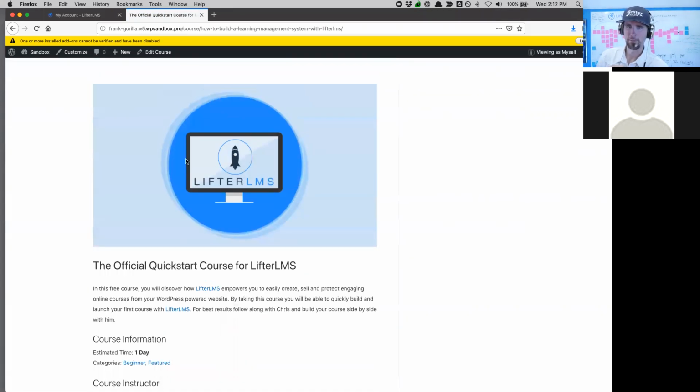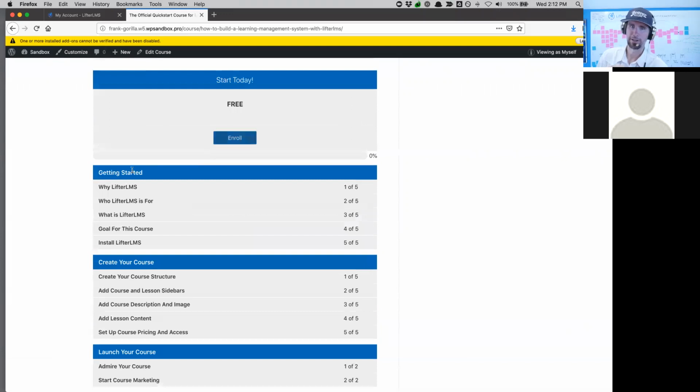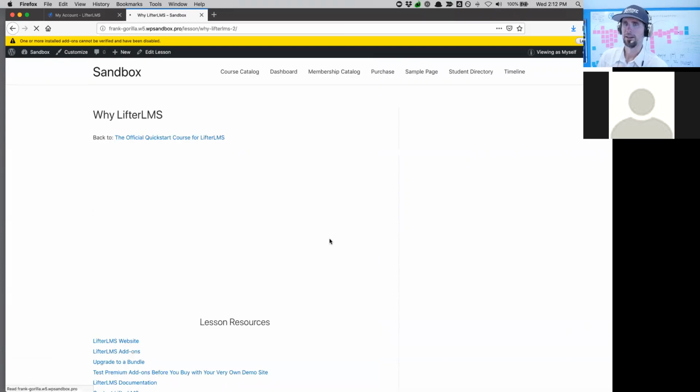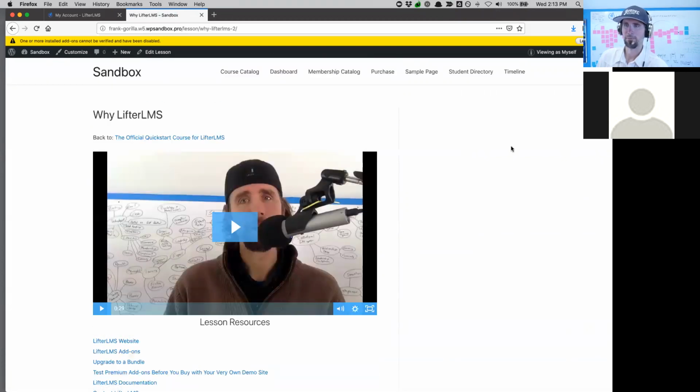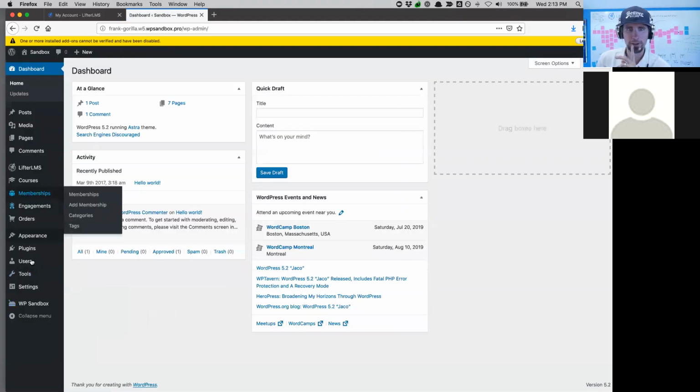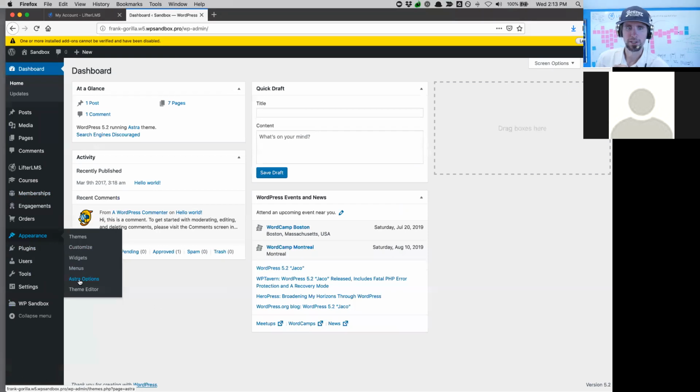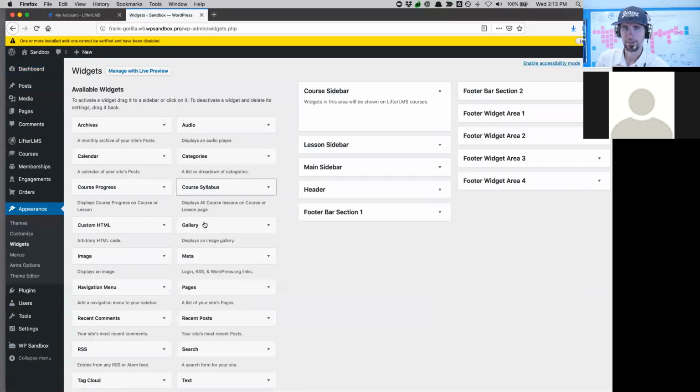So this is that sample course we installed. It's got a free access plan. If we go inside a lesson, you can see it there. But the side is blank here, so I'm going to take a moment and just set up the sidebars. So if you go into Appearance, Widgets, so on a course sidebar,